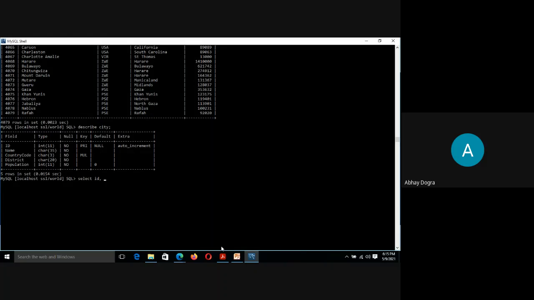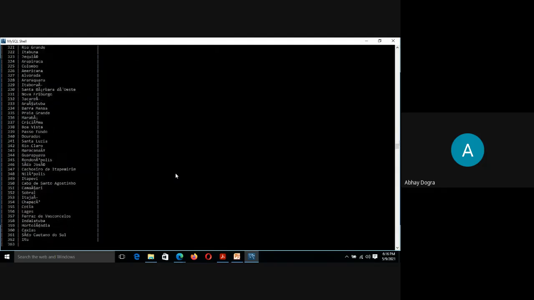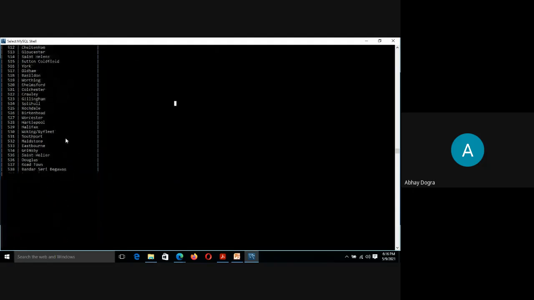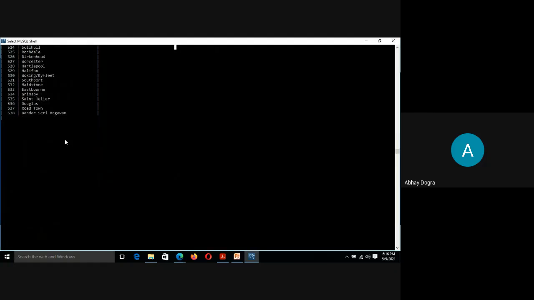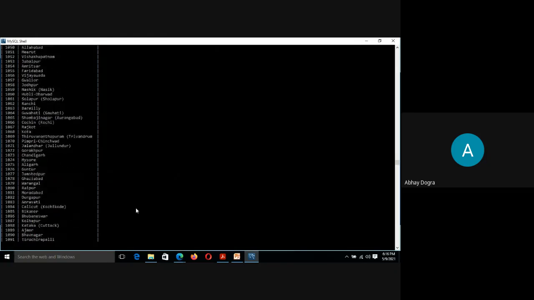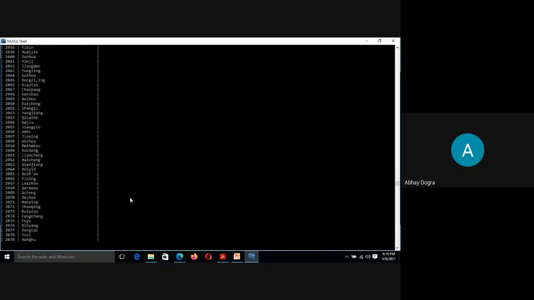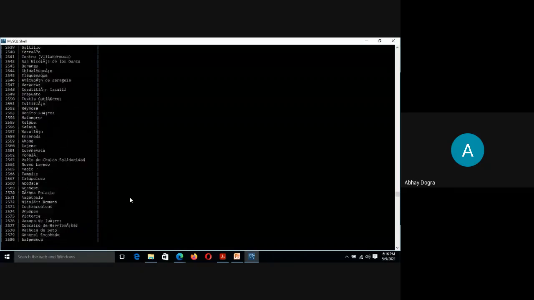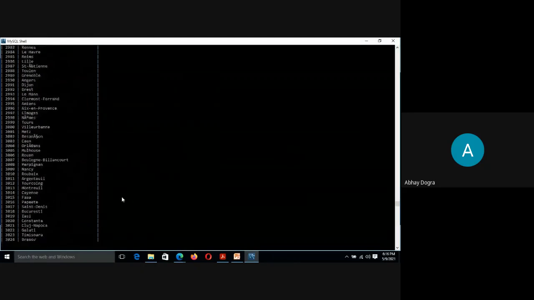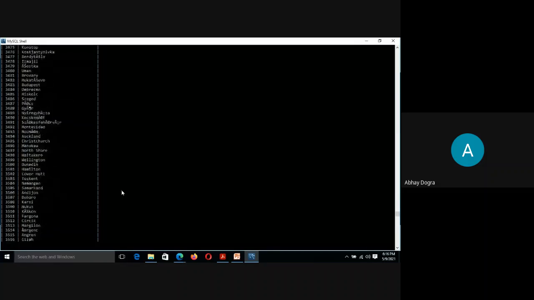Let's say I don't want to fetch everything, I just want the ID and the name from the table, and this will show you only the IDs and the names of the cities, right? So if you want to select data for specific fields, then in place of asterisk star, we will use the field names, right?